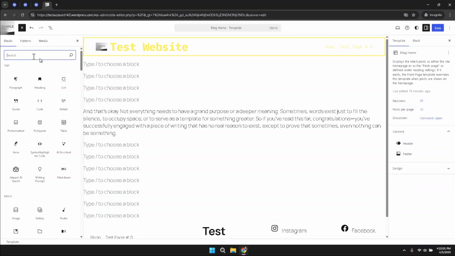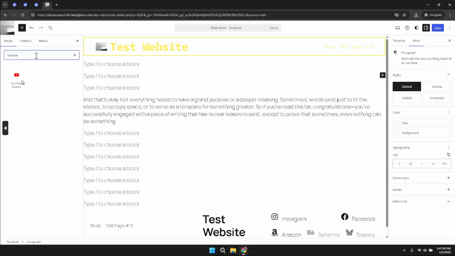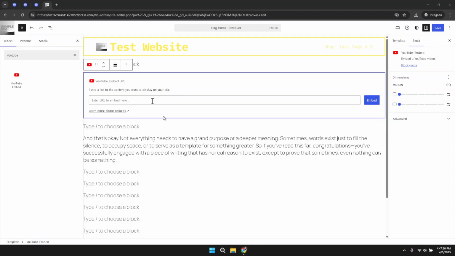Once you type in YouTube embed, here we'll get the option of YouTube embed, and here you can see the YouTube embed is showing. You have to just simply click on it and drag it to the website where you would like to place it. And after that, here you can see that the YouTube embed URL is already placed. Now here you have to simply input your URL, and then you have to simply click on the embed option here,